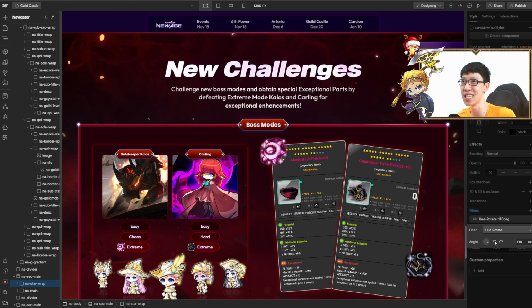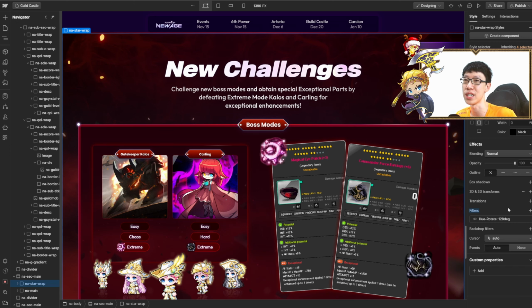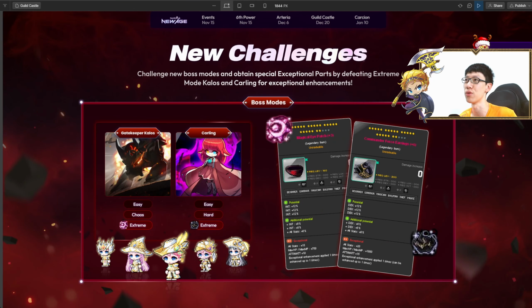I was thinking, should I recode it? Nah, just use the hue to recolor it. Now it's purple, and I can go to green, and back to red. When you recolor it, it actually looks pretty beautiful, to be honest.